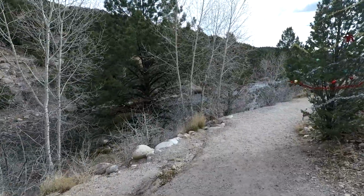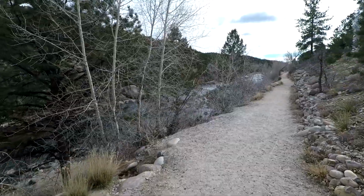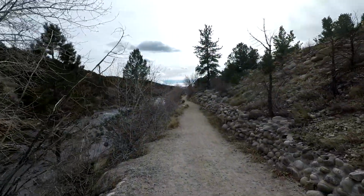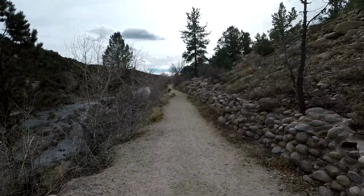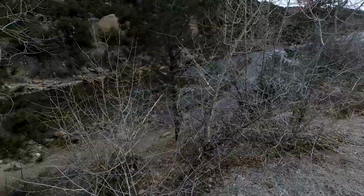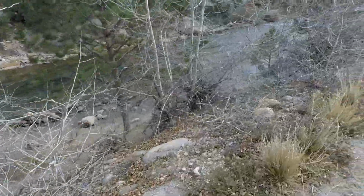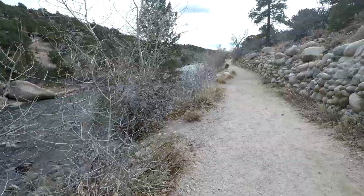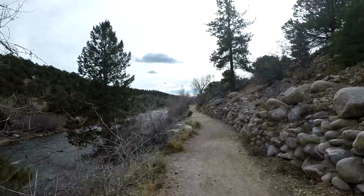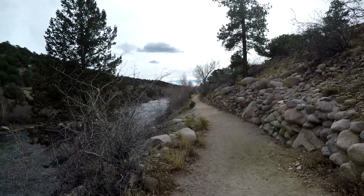And right down here is the water. And if you listen for a second, you can probably hear it running already. But you can see the trail running through here. So we're going to take this to its end and see exactly where it goes. There's a little trail down there, runs right along the water, but I think it dead ends down there, whereas this one just keeps on going. So we'll walk along, we'll check it out,